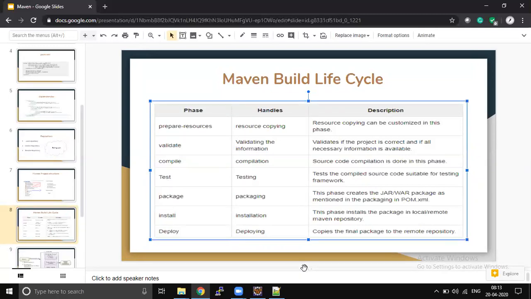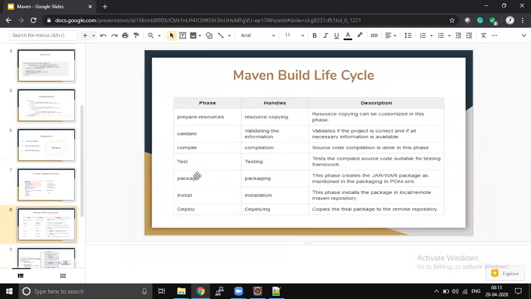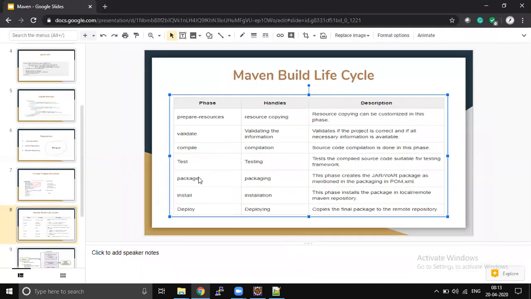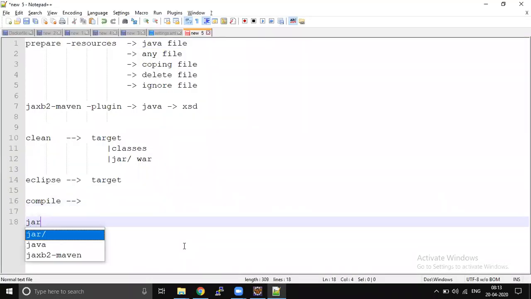Then the next life cycle is packaging. As part of packaging, Maven will create the final output file. For example, if you configure it to generate a jar file, then the jar file generation happens as part of the package lifecycle.